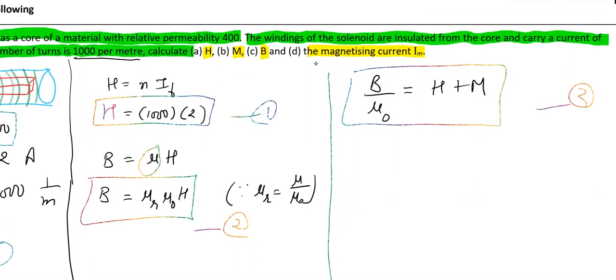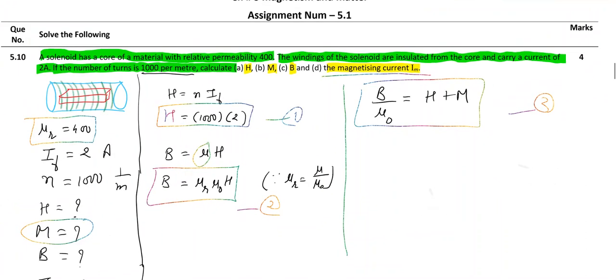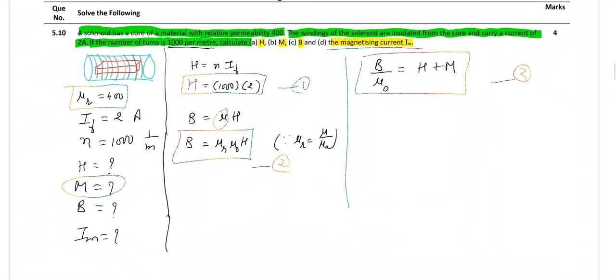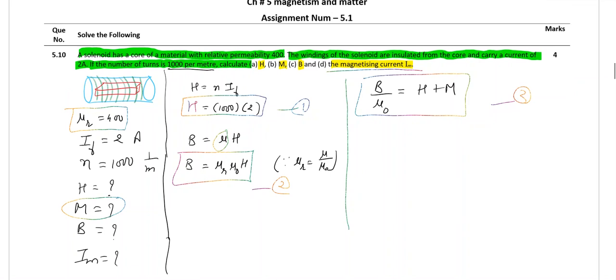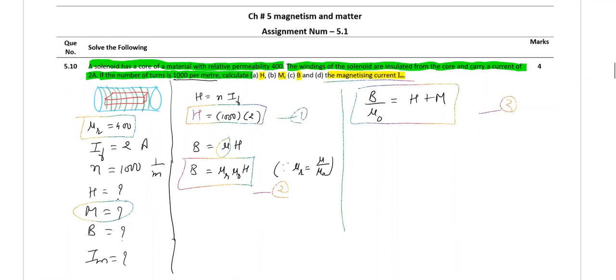Now, what is magnetizing current? Magnetizing current is the current which we will need to pass through the winding of solenoid if we don't have the core material with this 400 relative permeability. Suppose if I remove this material, and yet if I want same value of magnetization, how much current I need to pass through the winding? So for that,